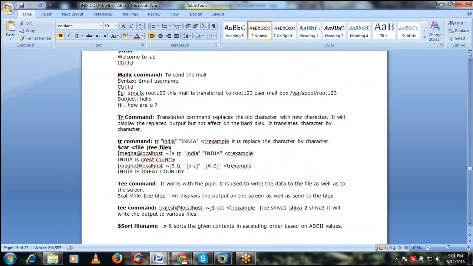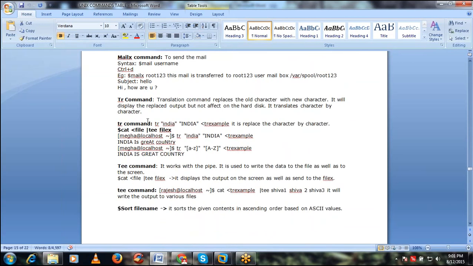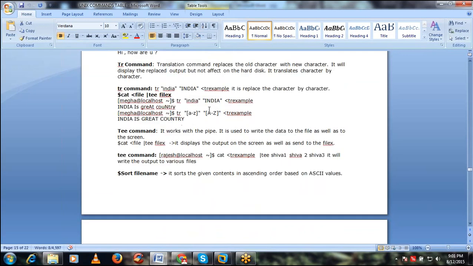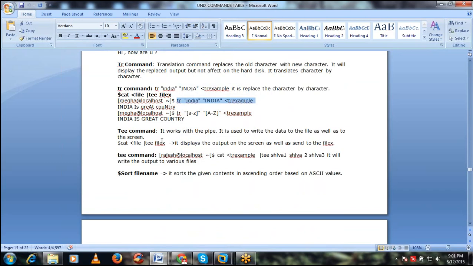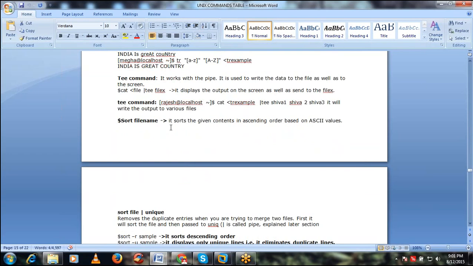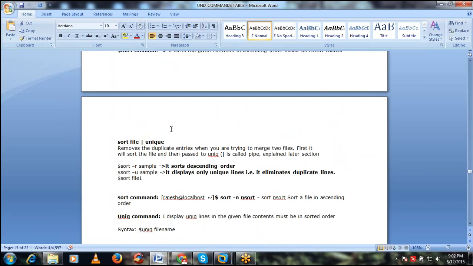And the tr command and tee command generally. The tr command is used to translate, which is nothing but replacing old characters with new characters. Syntax, tr India. Let's see. And the tee command is used to write the data on the Linux console and as well as write the data to different files, and also displays it on the screen. Let's see the tee command as well as the tr command, and also the sort command, which is used to sort the content in ascending order based on the ASCII values. And